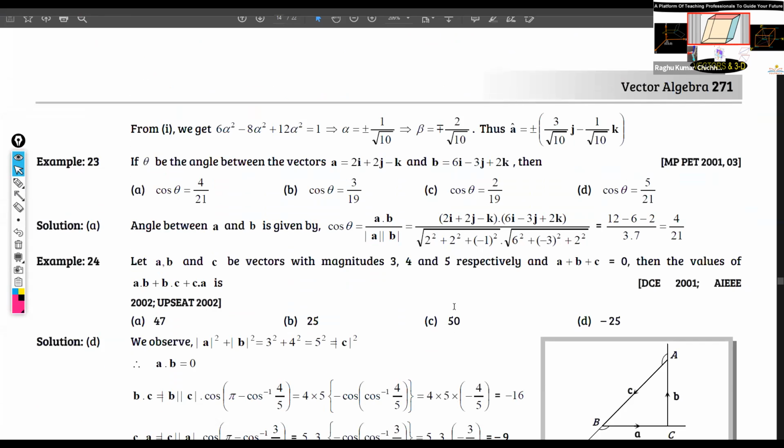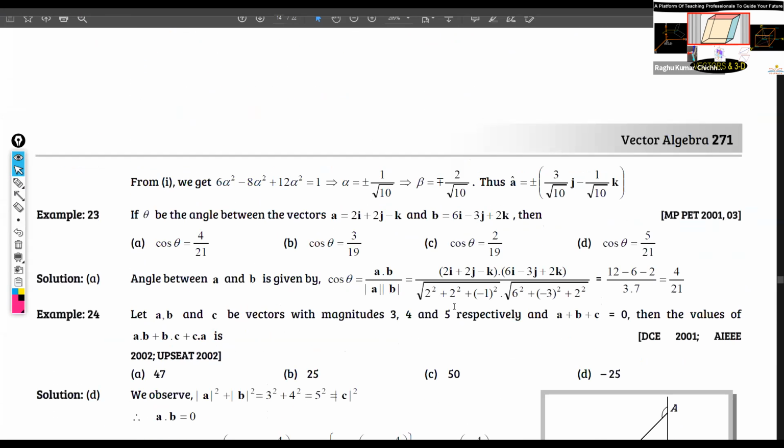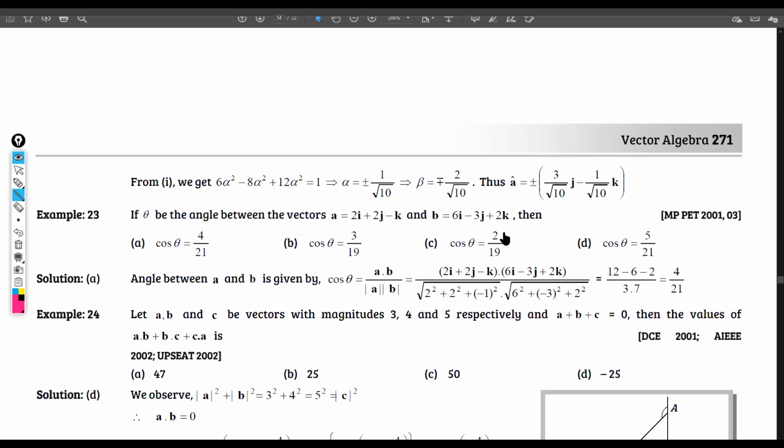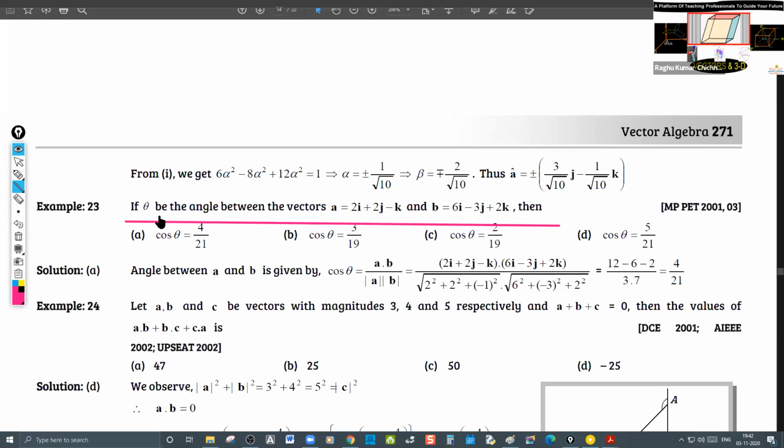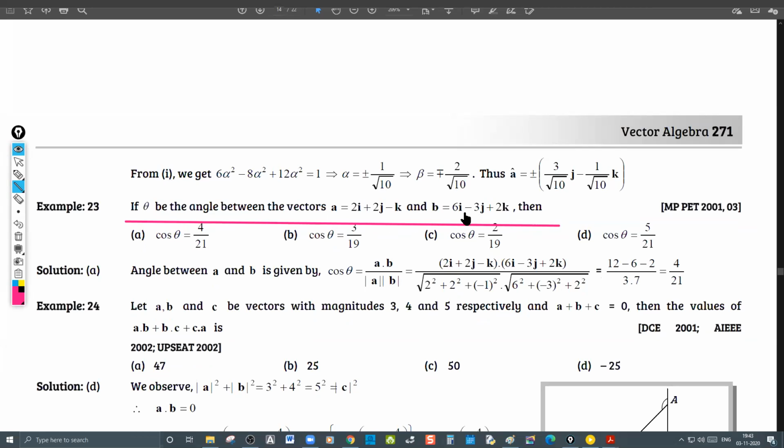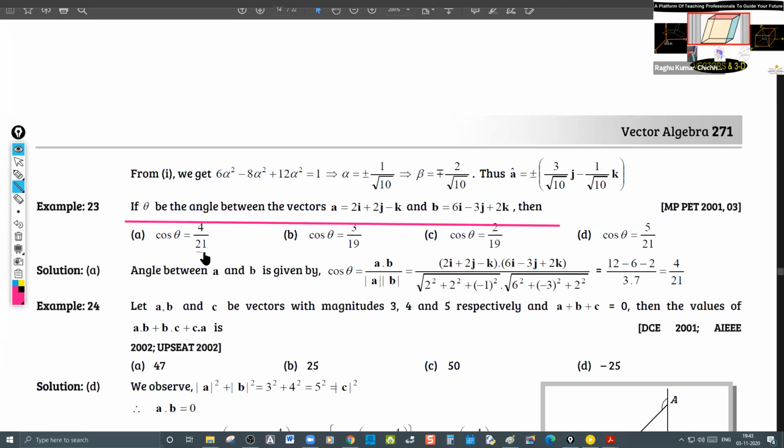Same model he did. Now, let us check this out. This is a straight question. Can you try it, Kaushik and Pranit? Two vectors A bar and B bar are given. Let's find cos theta for this. Please try to improve mental calculation like this. 2 into 6 is 12, minus 6 is 6, minus 2 is 4. Numerator is 4. Option A has only 1 4. And the denominator is 3 times 7, 21. That's it.